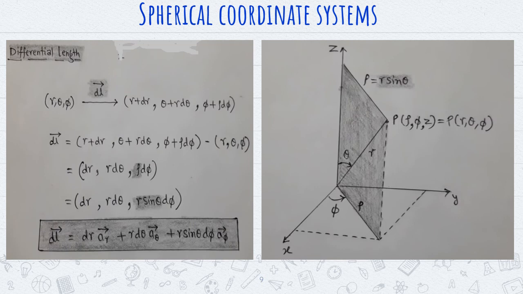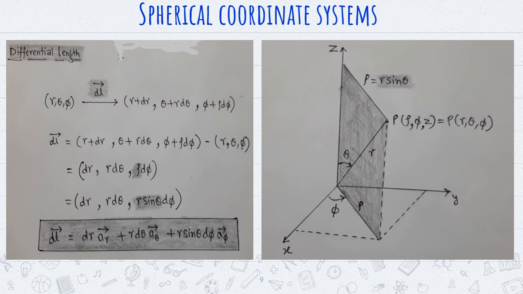Why is that rho? See, in the downward side, in between the xy plane, you have the rho. This rho is similar to the upward side of the point P and Z, so that side is nothing but the rho side only. Now this theta is opposite to that PZ side, right? Opposite means it is sine theta only.